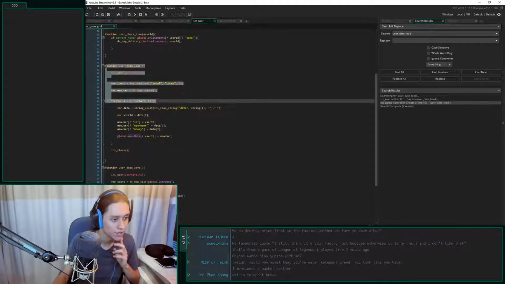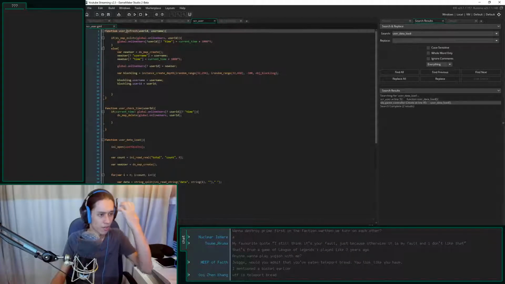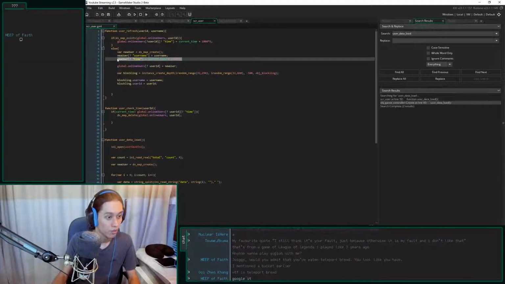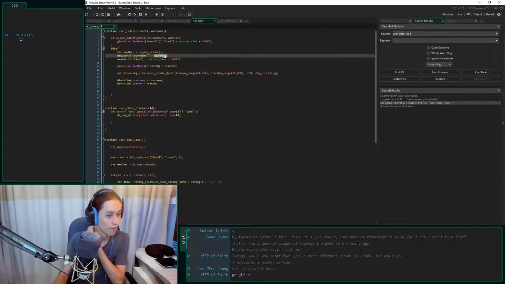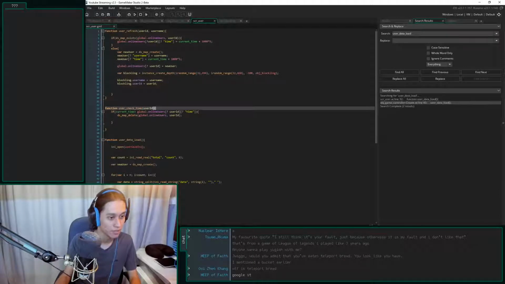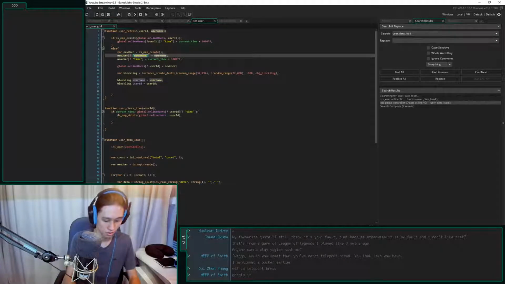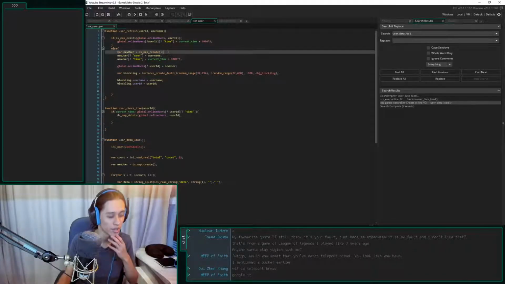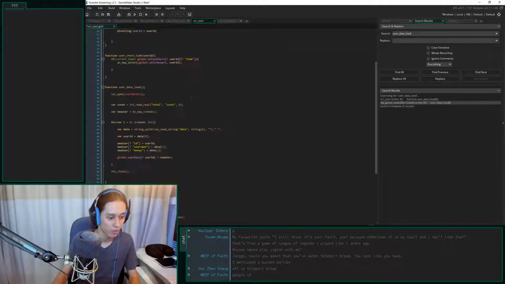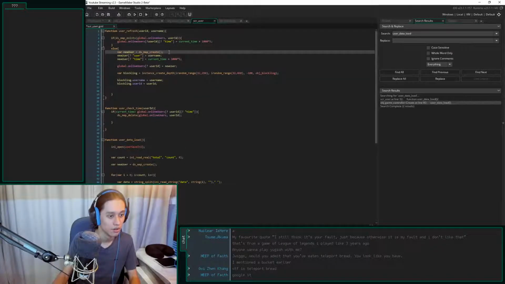What are we doing? User data load. Okay, so now I need to make sure that when I refresh my user, I want to store a reference to the correct user. So this is instead of username here. Instead of username here, I want to check user time. So I'll just call this a user. New user, user equals, we want to find the, wow, I'm going to need to find all my users and make sure that, this is going to be interesting.